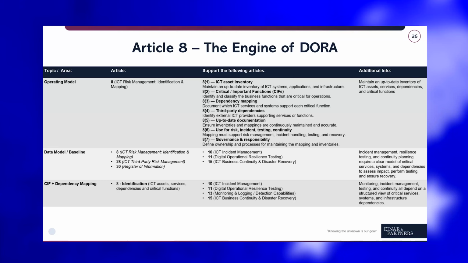But also in our digital operational resilience testing, obviously we can show these are the components that we need to prioritize in that testing, that we have proper test plans and test cases in place for these components as well. And obviously we make sure that monitoring is taken care of. Also one of the DORA articles or requirements in Article 8 and 13. And in 15, planning for business continuity, making sure we have a disaster recovery plan in place. If you don't know what we need to include there, then it's hard to actually manage that as well.